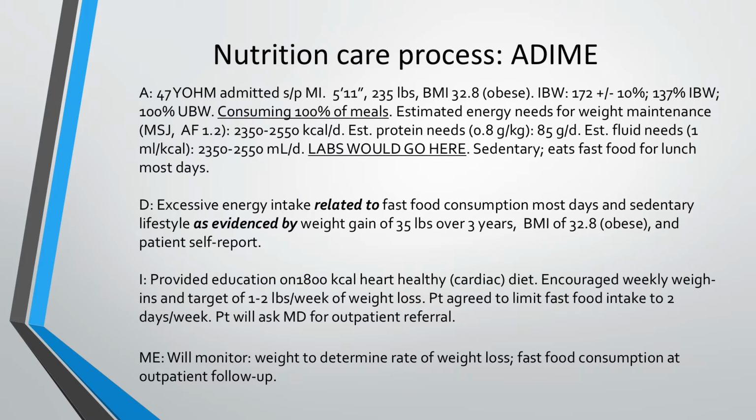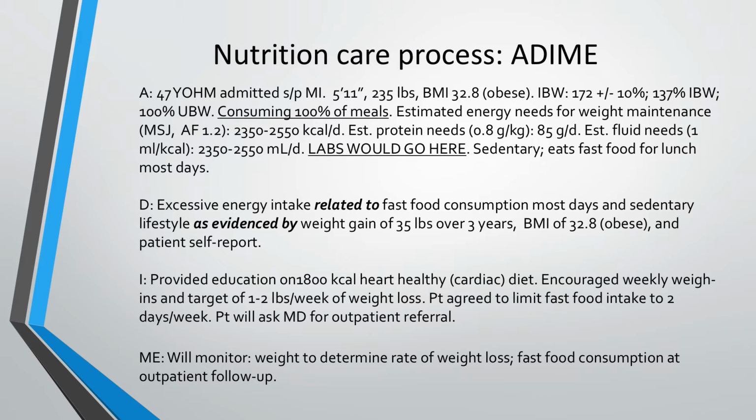Again, if you've got somebody who's got a low appetite or issues with weight loss, this will be really important for them too. Estimated energy needs for weight maintenance: I used the Mifflin-St. Jeor equation with an activity factor of 1.2. All of that's going to be talked about in the next lecture. So my estimated needs for him are roughly 2,500 calories per day. Estimated protein needs, we just use the RDA for protein, which is 0.8 grams per kilogram, and that gives me 85 grams per day. Estimated fluid needs, I used 1 mL per kcal, so that looks just like his energy